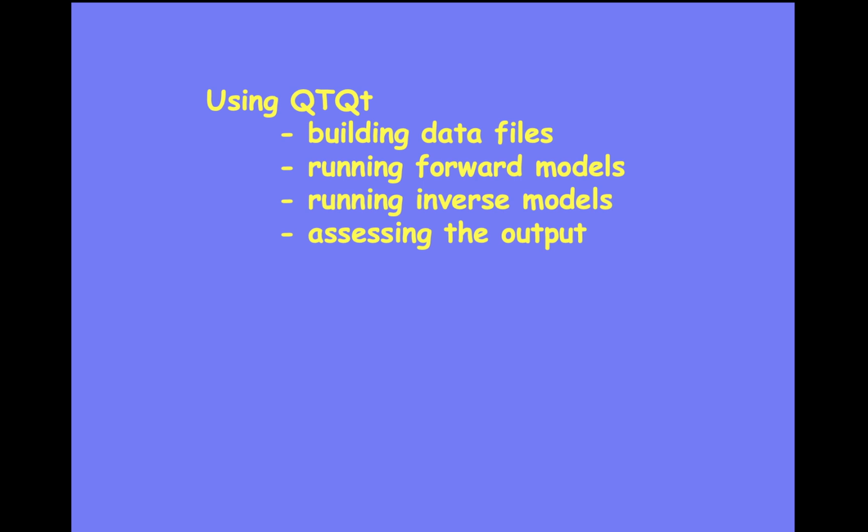So to use QTQt, there's different stages clearly. So we need to build our data files if we don't have them already. We can use existing data files if we have them, clearly, someone sends us them. And we can run models in forward mode where we specify the thermal history and see what the predicted thermochronological data will be. Or we can take the data and run those in inverse models where we try and let the data